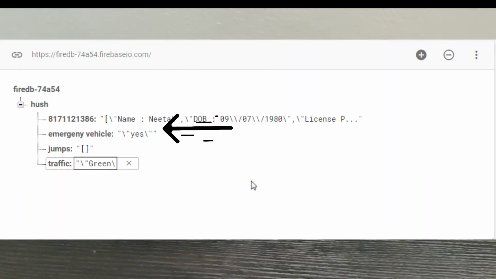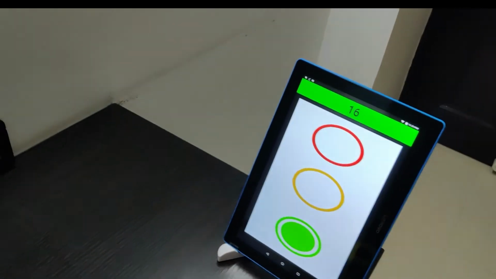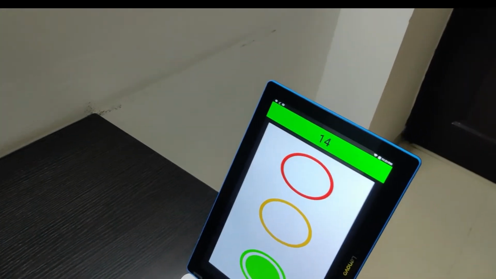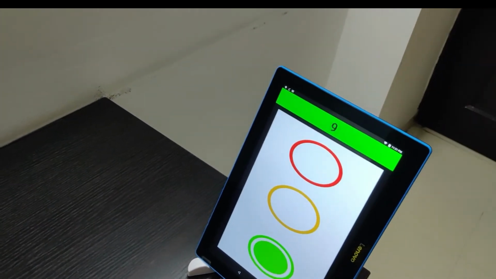Now this is the third component, which is the RFID reader that was put 500 meter behind the traffic light. Now its purpose: whenever a normal vehicle comes, it would do nothing, but whenever an emergency vehicle comes, it would record in the database that emergency vehicle, yes, as you could see in the database. And then automatically the traffic light here would turn to green irrespective of the fact that it was red or green. And then also here a message would come, emergency vehicles passing by.